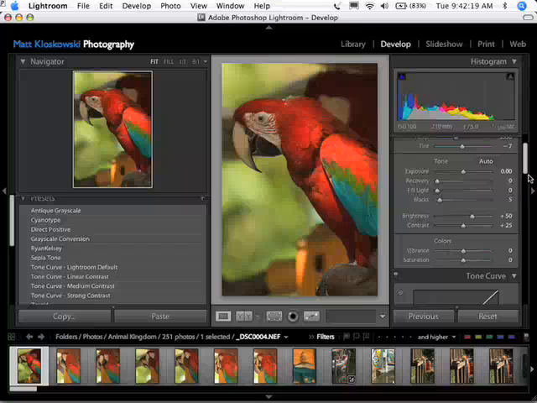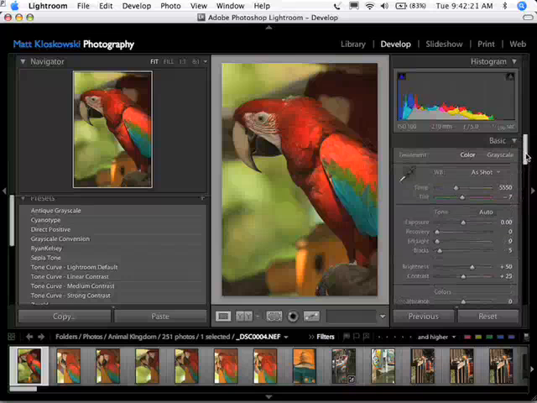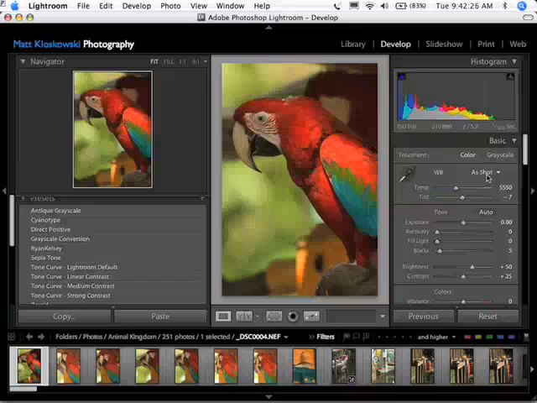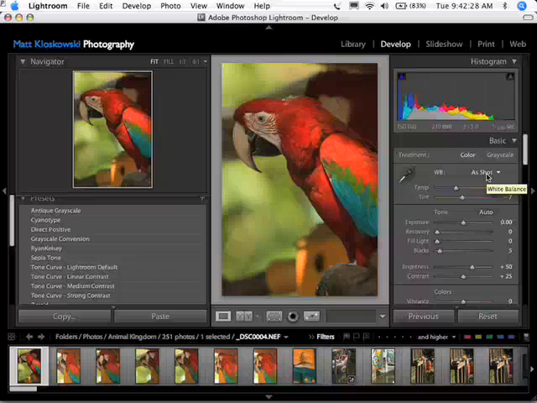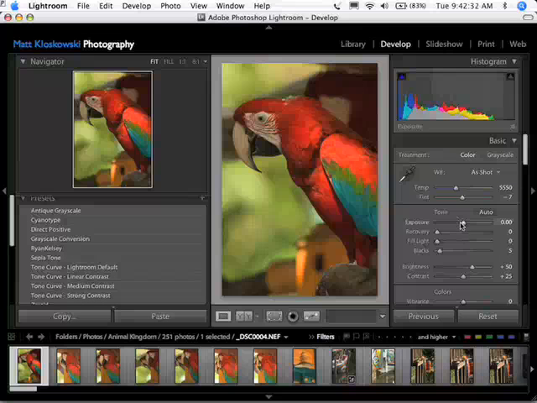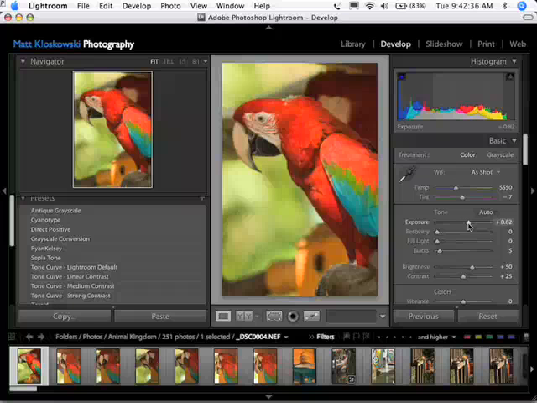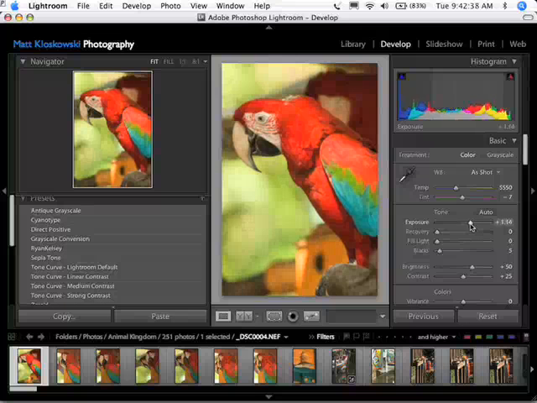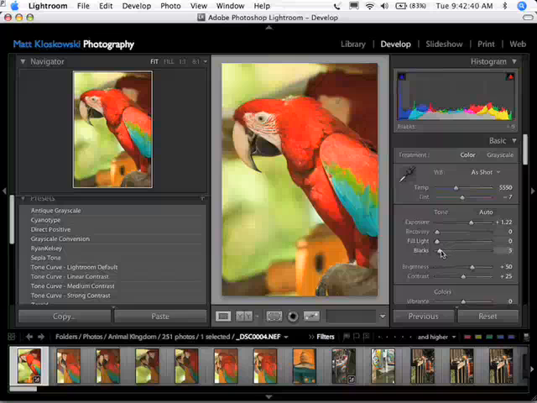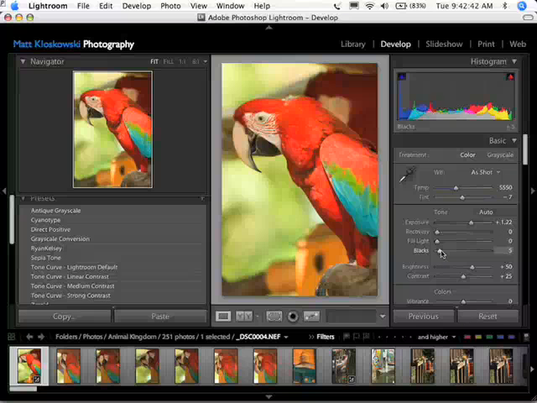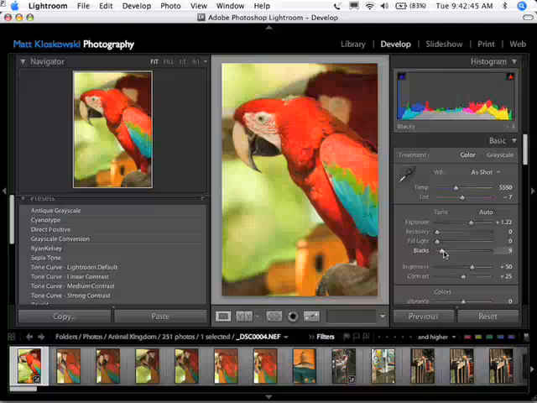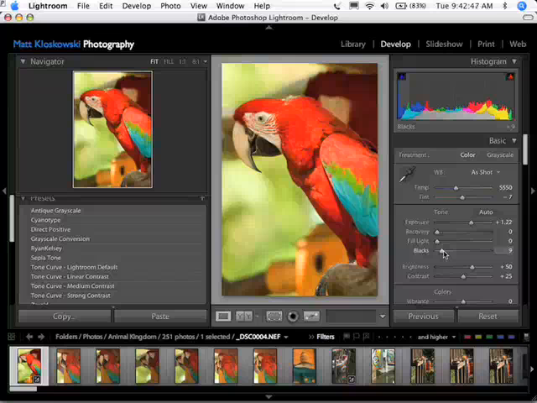I would take this photo inside of Lightroom, and to start off with, I would work on the white balance, which actually I think works out pretty well here, but I would start up here in the basic panel at the white balance. From there I would work on the exposure, and here I think I can bump up the exposure a little bit, make the photo a little bit brighter, and then I would probably come down to blacks and increase the blacks a little here,